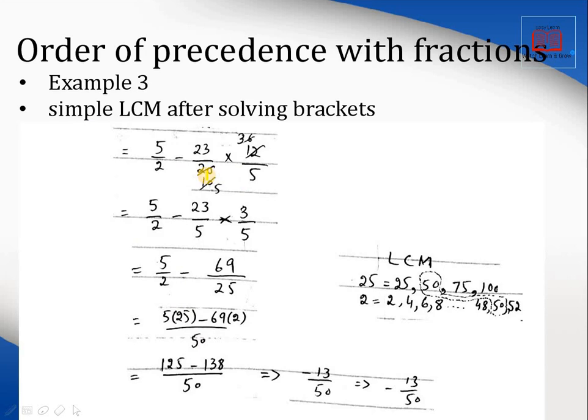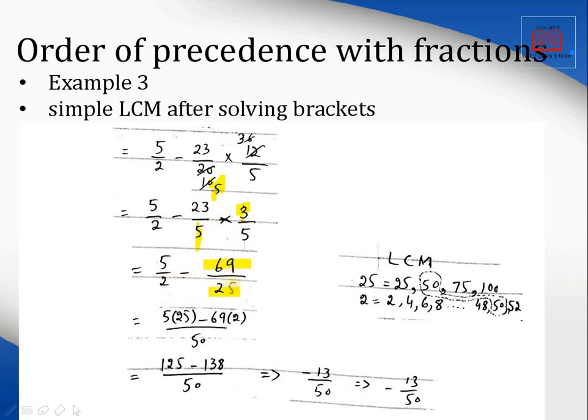20 can be cancelled, dividing 20 by 2 that becomes 10, and dividing 12 by 2 that becomes 6, and dividing 10 by again 2 it becomes 5, and dividing 6 by 2 here it becomes 3. This process is called the cancellation process, and after the simplified form it becomes 23 by 5, and here it becomes 3 by 5. So multiplication, numerators with themselves and denominators with themselves, 23 by 3 that becomes 69 and